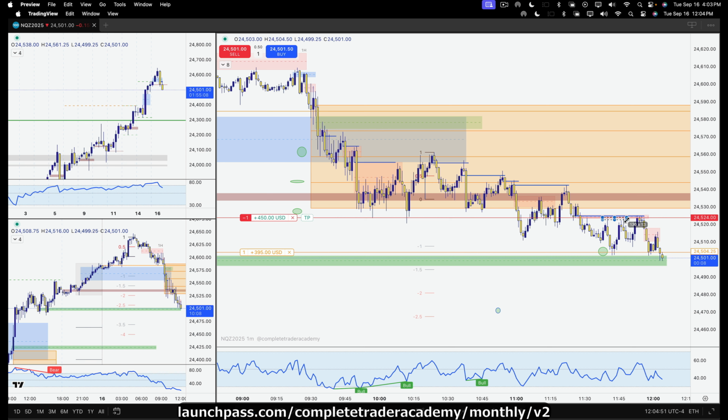I'm trying to tag this right here, and then you can see we have a 1 minute imbalance, the bearish one right there. It's in between right here, and then I have the blue line highlighting that up candle. Okay, boom, it's tagging it. Look at the bodies sitting underneath it. Look how we're tagging that level. And then guess what? I get in.